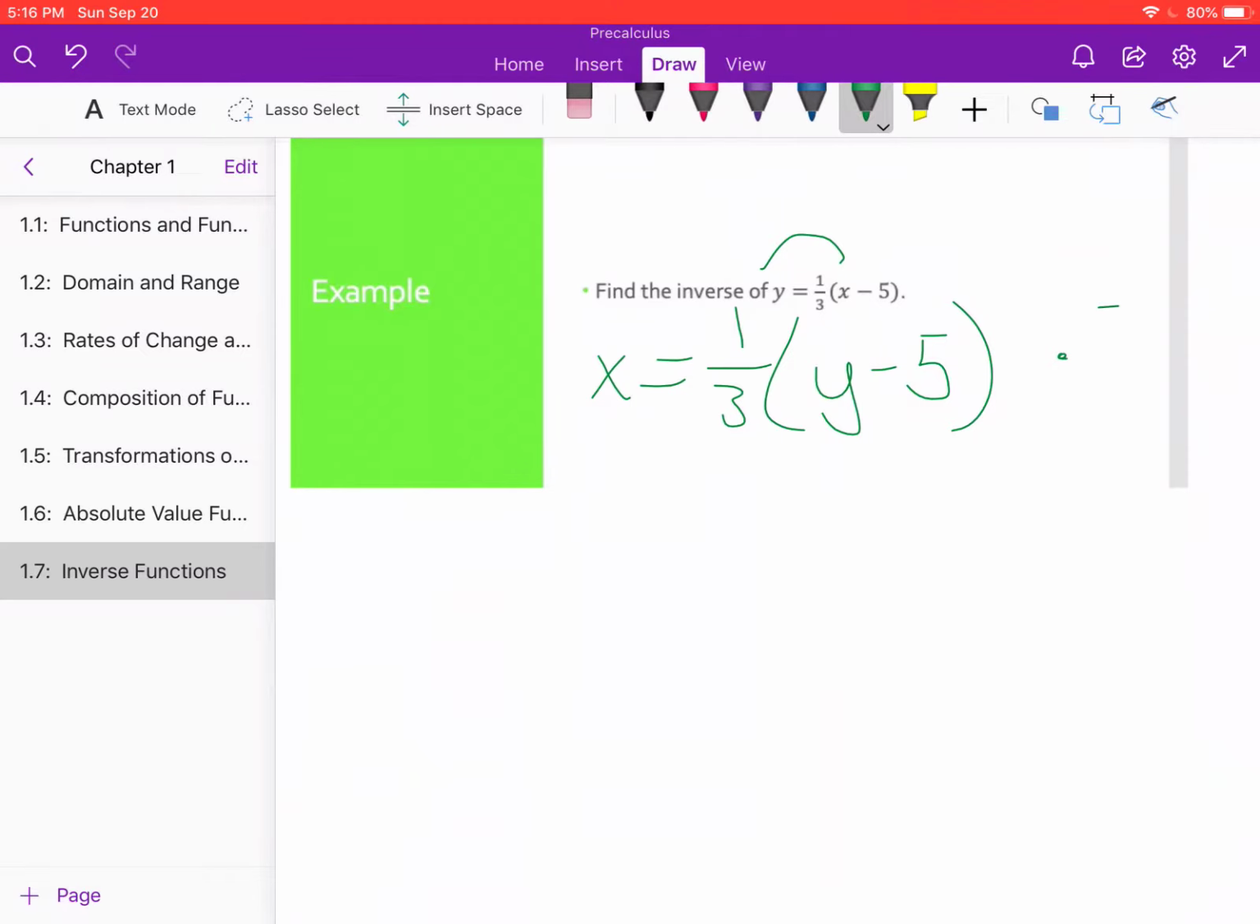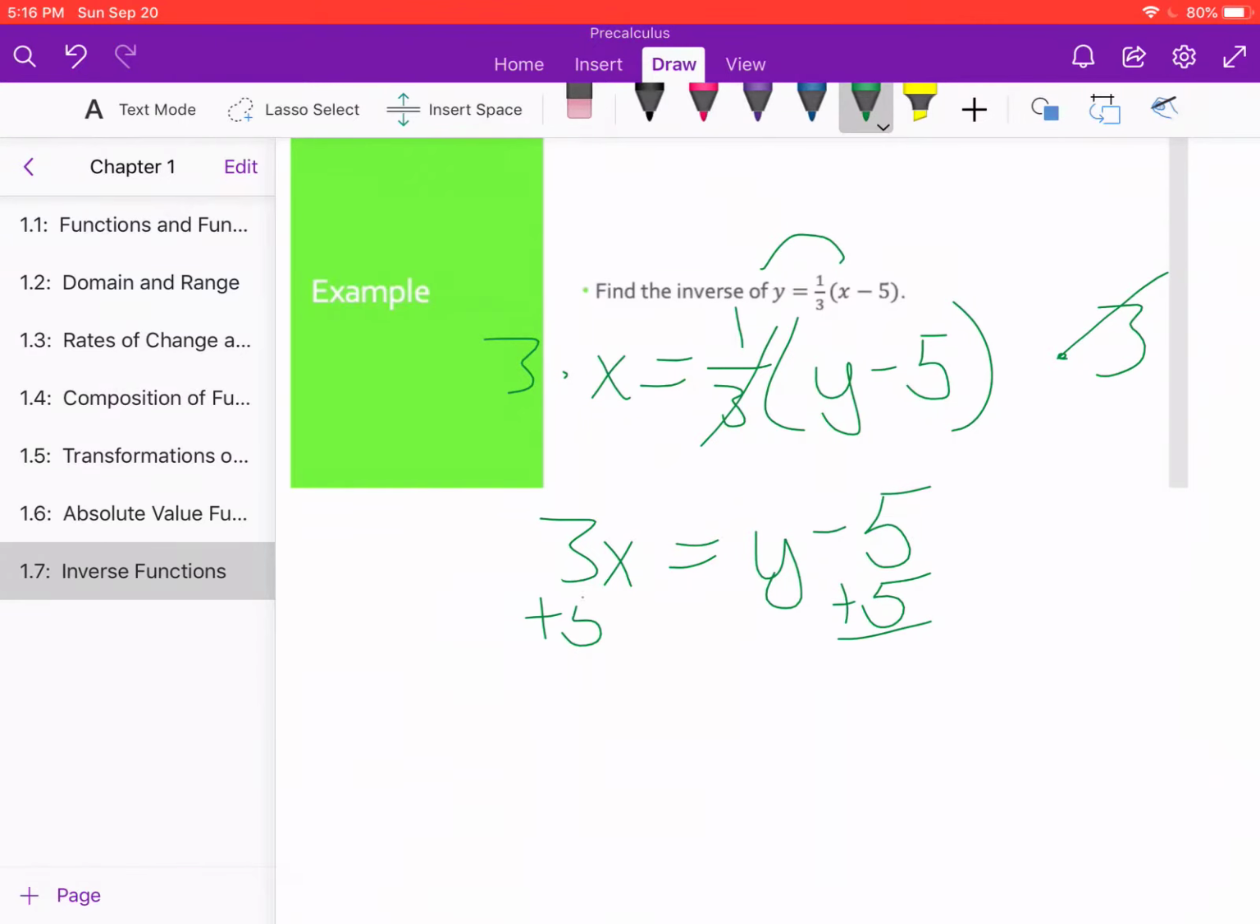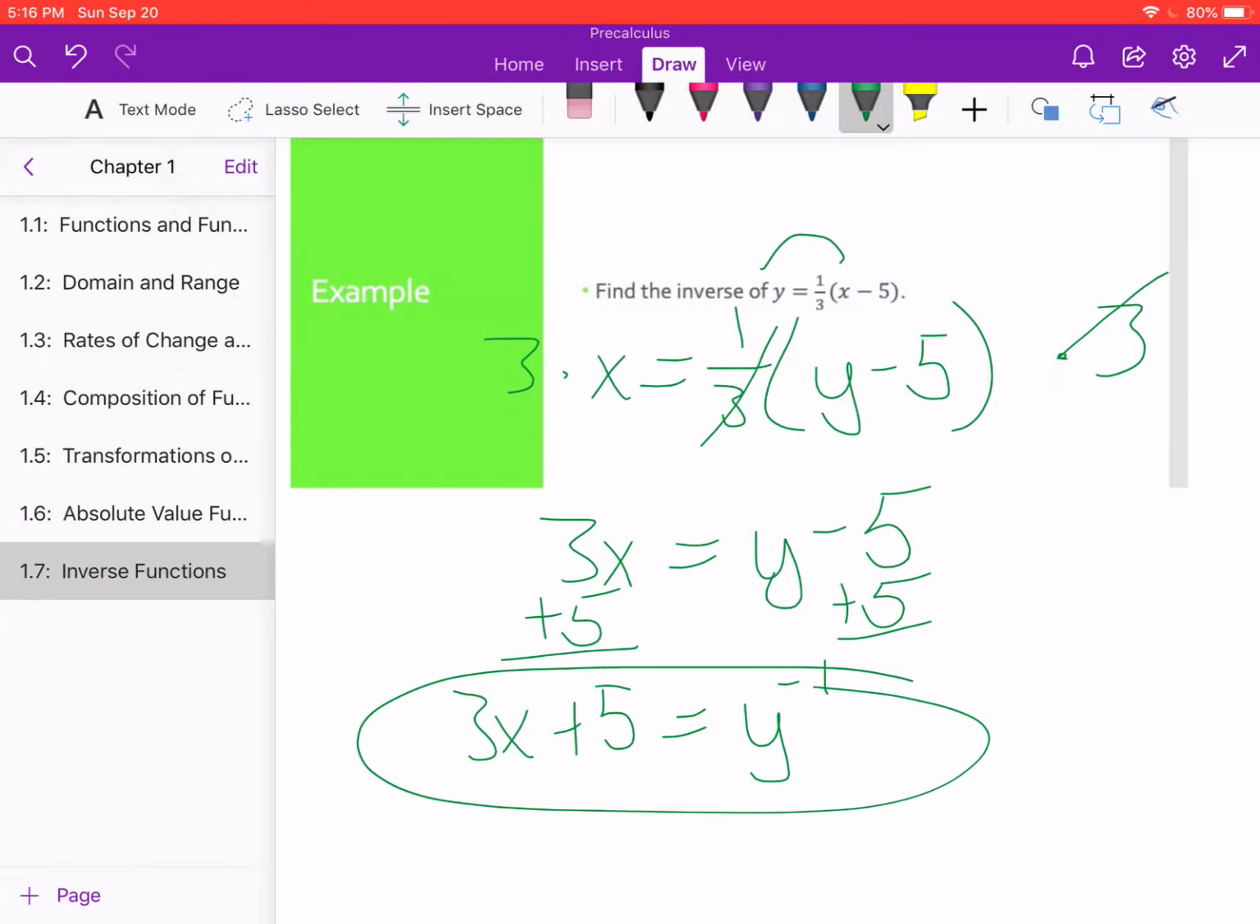So I'm going to multiply both sides by 3 to get rid of that 1/3. So 3x equals y minus 5. To get y by itself, add 5, add 5. So 3x plus 5 is equal to y, the inverse. So right there is our inverse function. One way to check that, if you